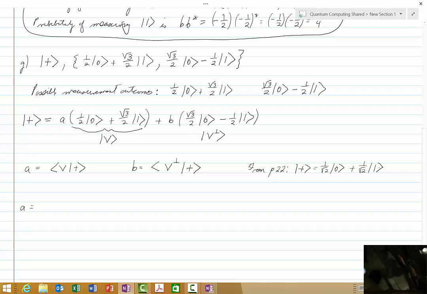Therefore, we can write A in the following way. Let's perhaps do it like this. We'll have 1 over square root of 2